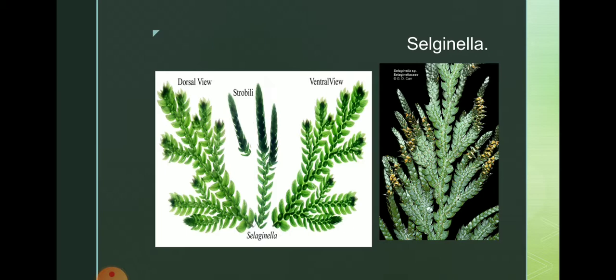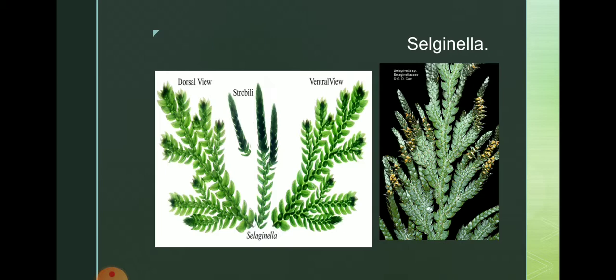First, we study its external morphology. Many species are prostrate, creeping on the ground, for example Selaginella kraussiana, and others are suberect and erect. The plant body is divided into root, stem, and leaves. The primary root is short-lived, and other roots are adventitious. On the basis of the nature of stem and form of leaves, the genus is subdivided into two subgenera, that is Homophyllum and Heterophyllum.